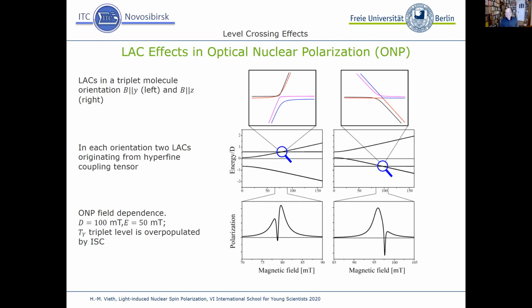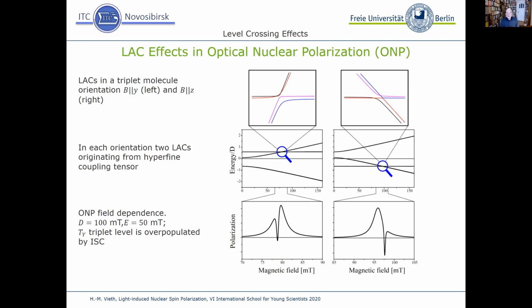And if we look in more detail, in the upper figures, we see that because of hyperfine splitting, this level crossing is seen as two level anti-crossings. The level anti-crossings between the red and the blue and between the magenta and the black